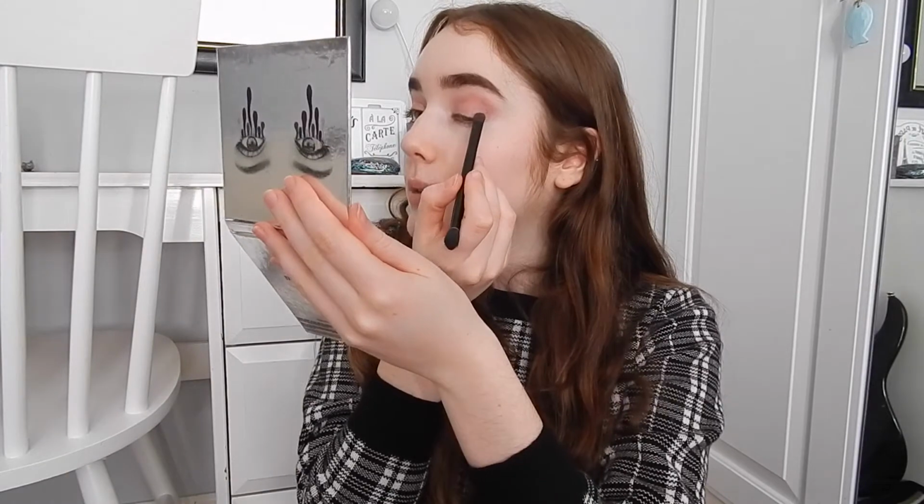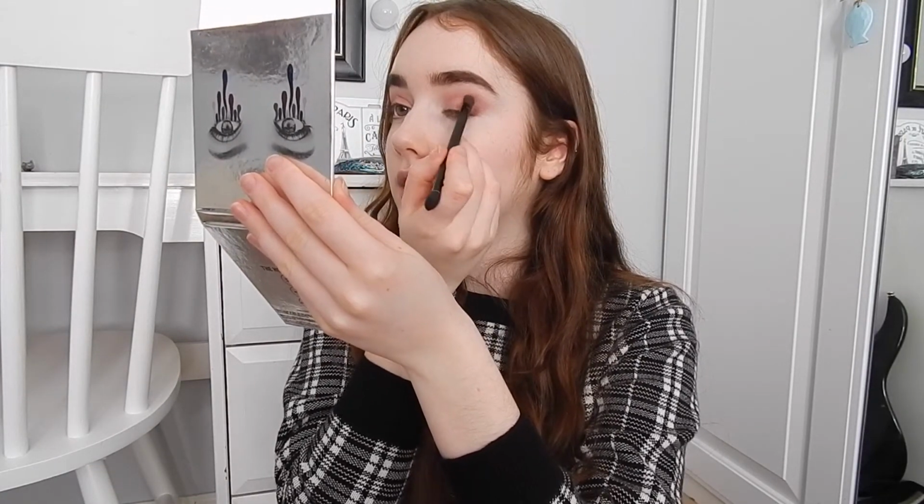So I'm now mixing Cypress Umber and Red Ochre together. I feel like this is the exact same tutorial I just uploaded, but sorry about it. I really thought I had more things to talk about, but it seems I do not. Because my eyelids are still quite dry, it's making all the eyeshadow stick together, so we're just gonna ignore